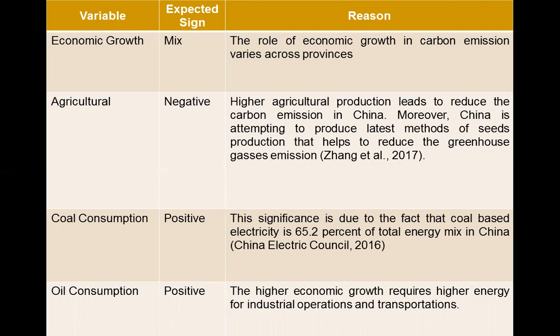Okay, then you will write down the effect of government effectiveness on economic growth is positive because government effectiveness